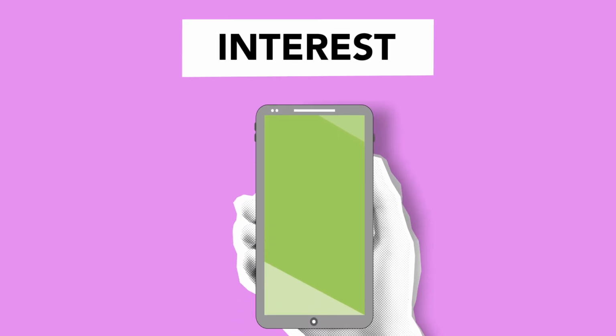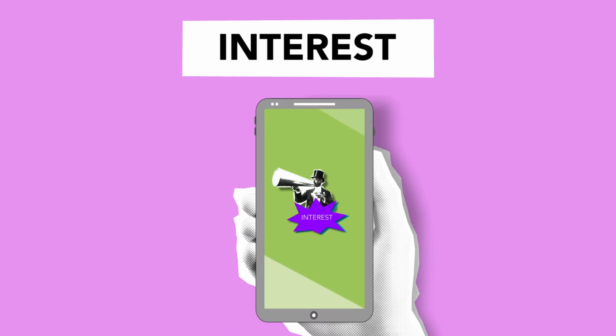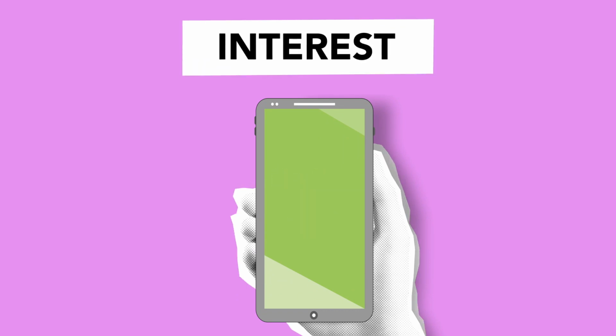$200 a month sounds like a car payment, not a path to $1 million. But compound interest doesn't care how impressive the starting number looks. It cares about two things: rate and time. And on a long enough timeline, $200 a month at a reasonable market return doesn't just approach $1 million, it